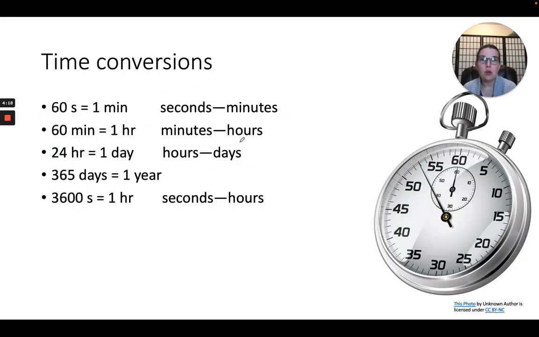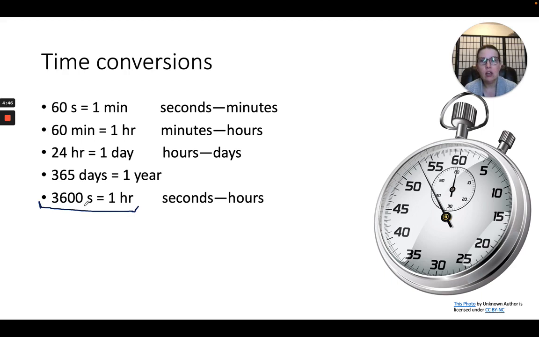Okay, so on the next slide we have time conversions. Now these are probably more familiar. We use these in a lot of situations. So 60 seconds is a minute, 60 minutes is an hour, 24 hours is a day, 365 days is a year. The one you might not know is 3,600 seconds is 1 hour. And you can get away with not using that, but it's a nice shortcut because we often have to convert